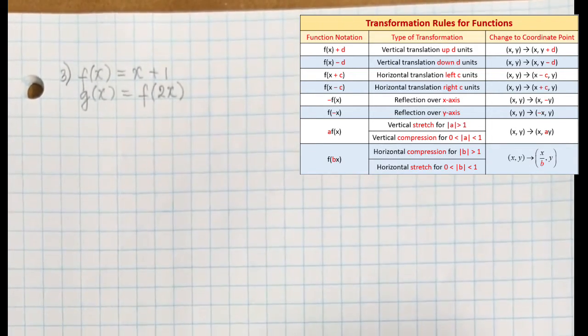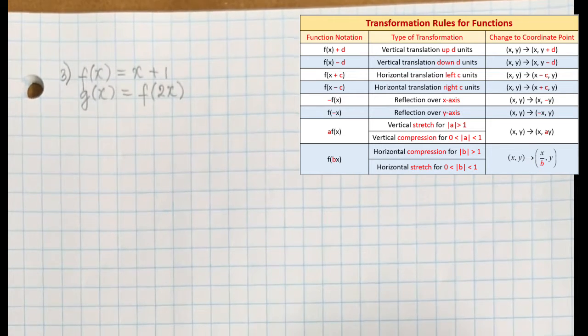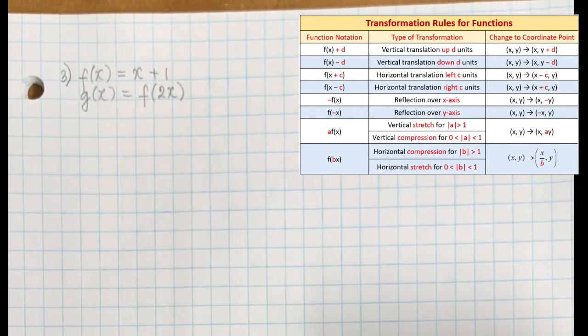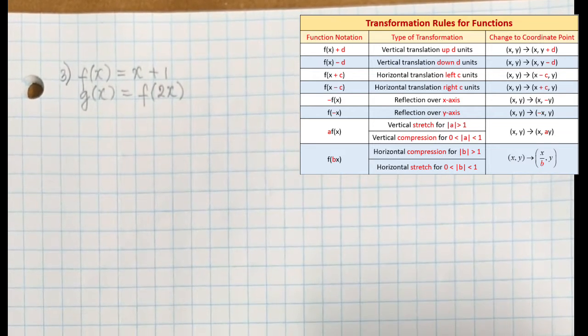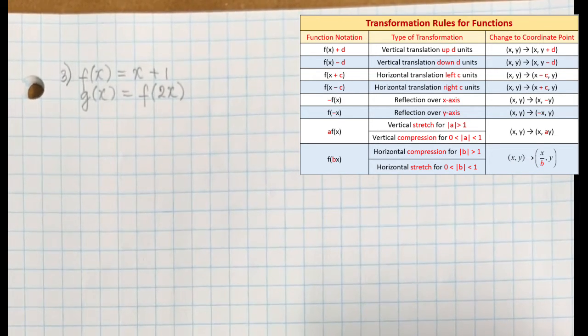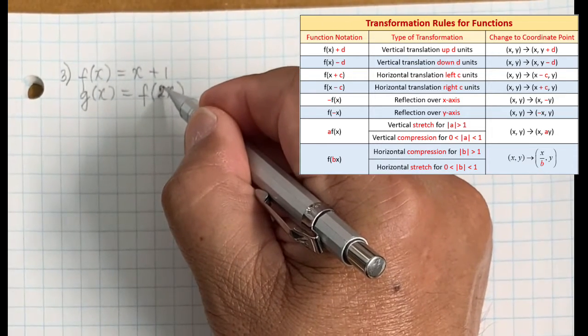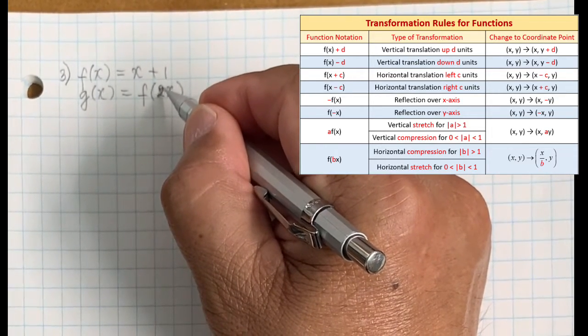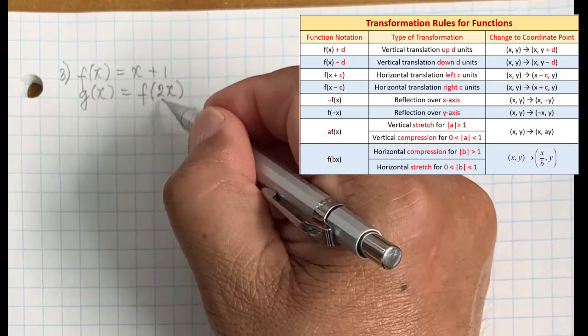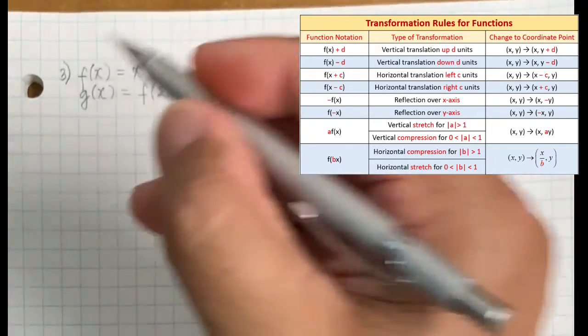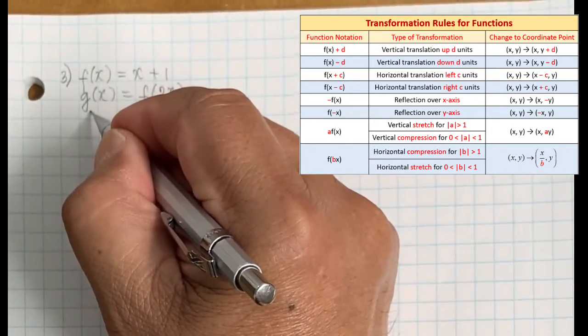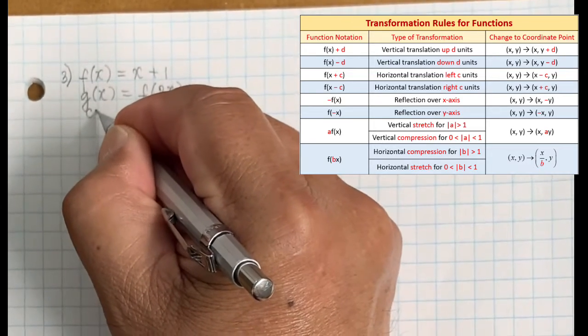So the transformation rules tell us that we have to compress the graph with the scale of 1/2. So we need to compress